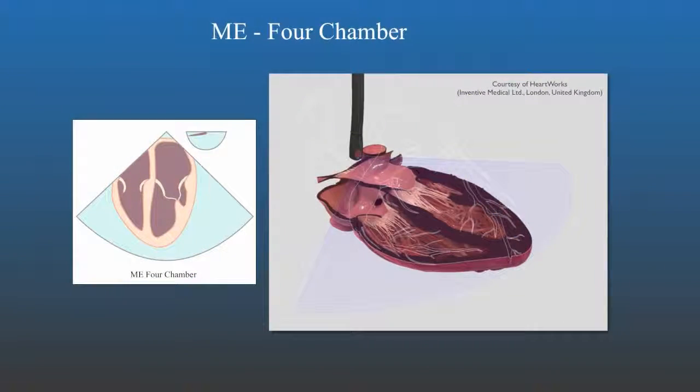The mid-esophageal 4-chamber view is obtained between 0 and 20 degrees at a depth of approximately 30 to 40 centimeters. This view shows both atria, both ventricles, and the mitral and tricuspid valves. Sometimes, the aortic valve can also be visualized in the center of the screen in what is referred to as